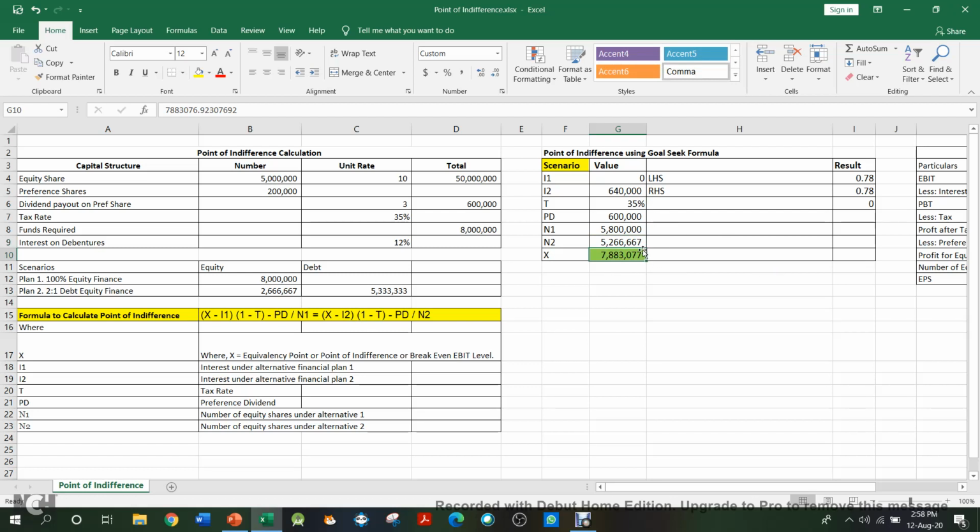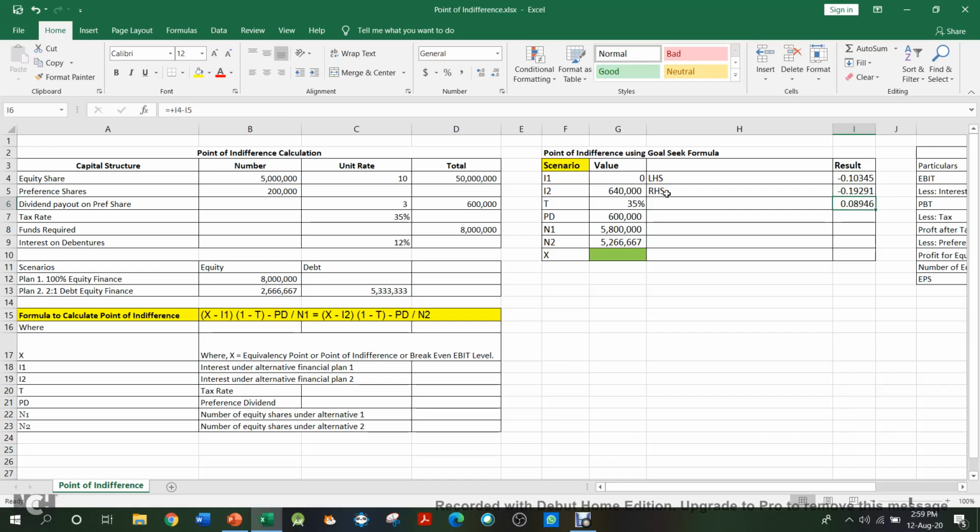This value I derive using the goal seek formula. Let me show you first. Let me remove this value. You can see here, if I use the formula mentioned, this is my LHS and this is my RHS. In LHS, when I apply this formula, I get 0.10345 minus, and then RHS is minus 0.19291, and the LHS minus RHS should equal 0.